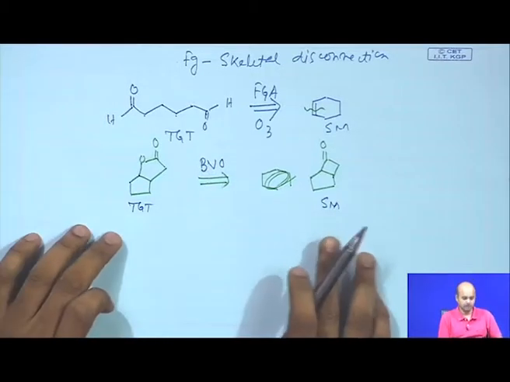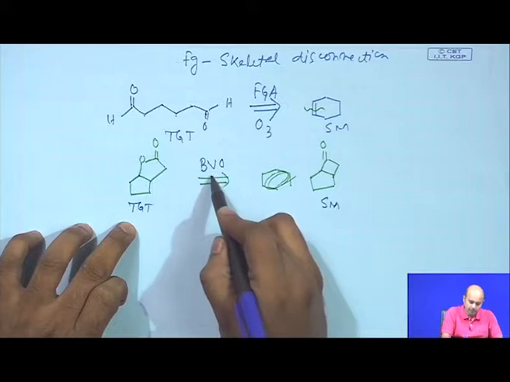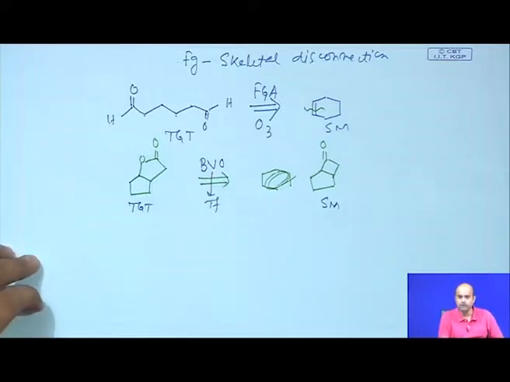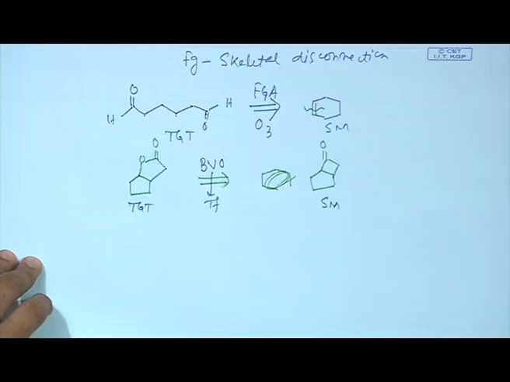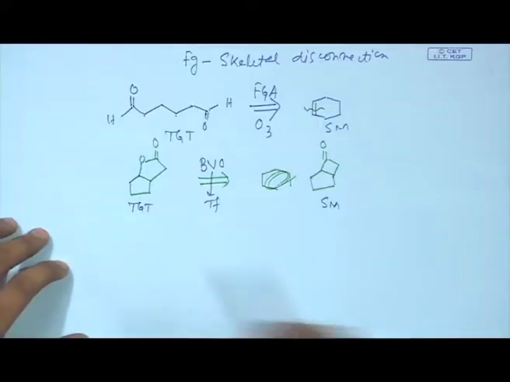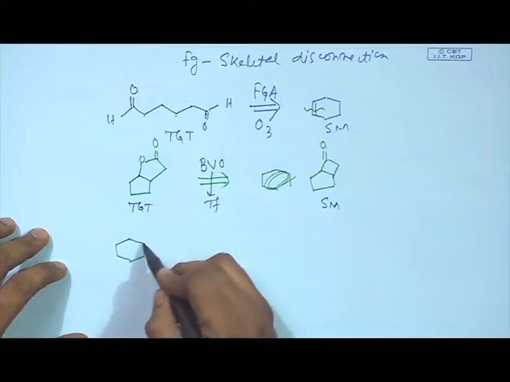Now, in principle you can fit these strategies in the transformation based approach also, because it is based on Baeyer-Villiger transformation. That is what I said. Depending on the methods, the transformation based, starting material based and functional group based, all the approaches are similar. A simple example probably will